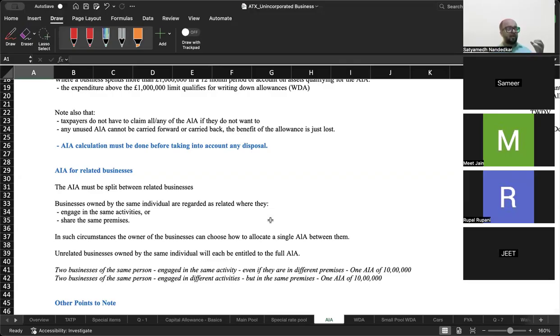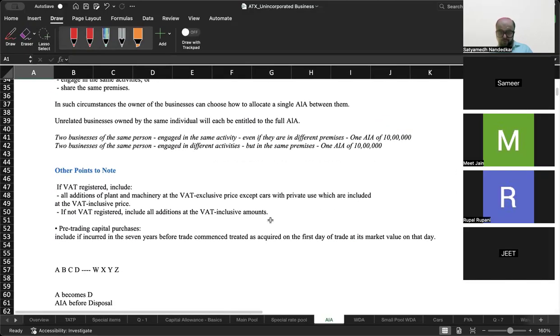And if I have a coaching business in Delhi and a coaching business in New York, so in Mumbai for example, I have a coaching business in two places, so it's owned by Satyamit, the same person. So if the two businesses engage in the same activities, then there is one single AIA between the two of them. Okay. If VAT registered include all additions of plant and machinery at the VAT exclusive price except cars